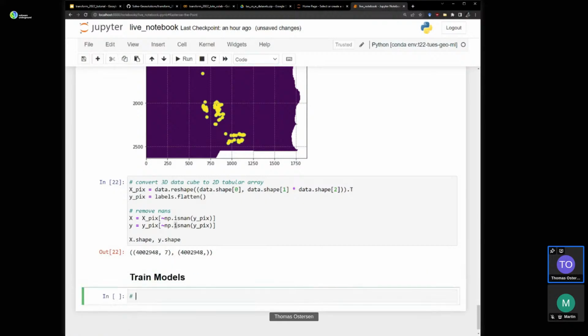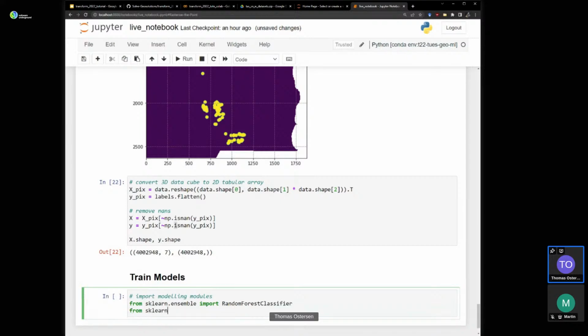Import modeling modules. We're going to use scikit-learn for this. So from sklearn ensemble import RandomForestClassifier, and from sklearn model selection import train_test_split.